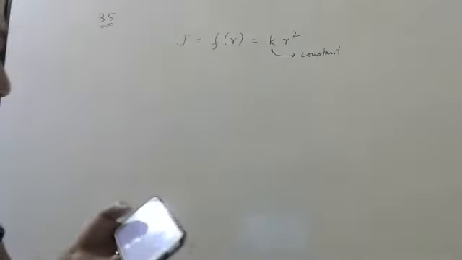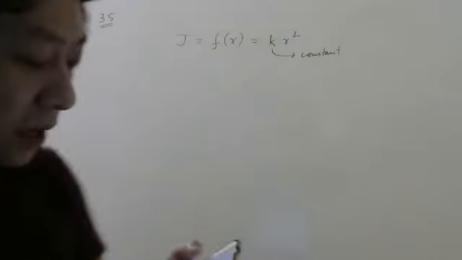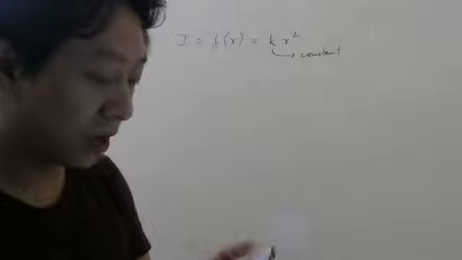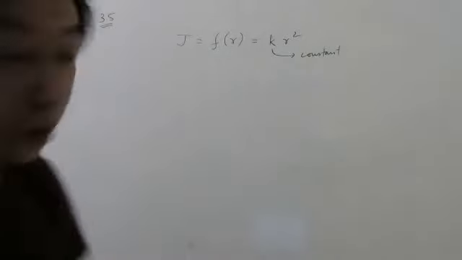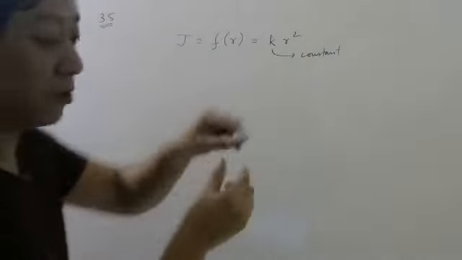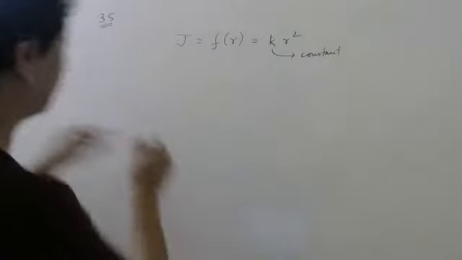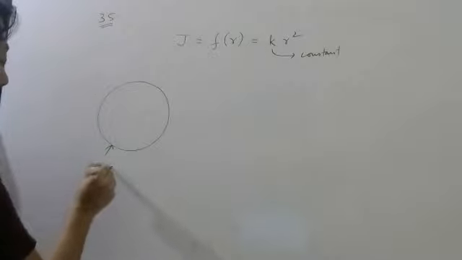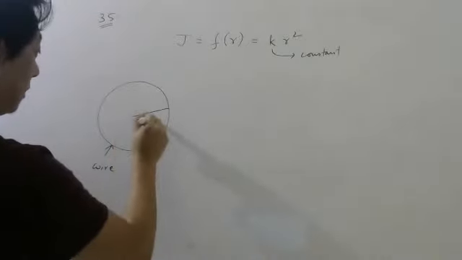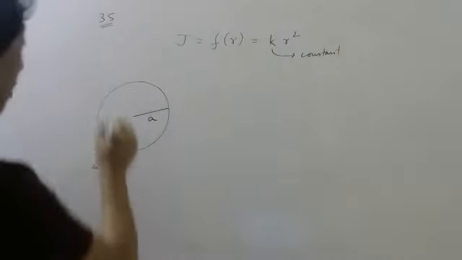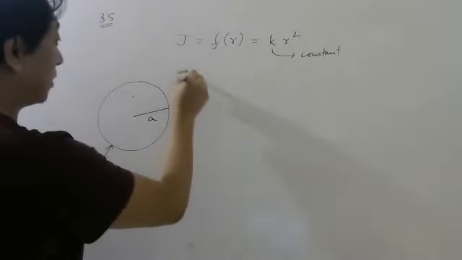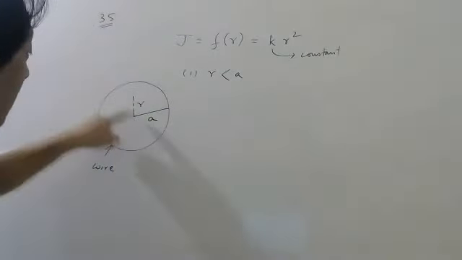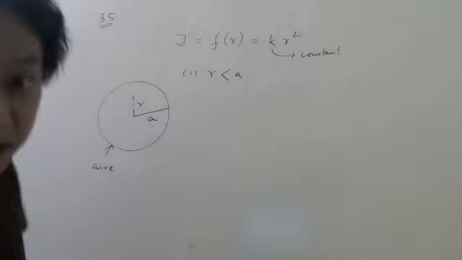So what they want is the magnetic field induction, matlab the magnetic field at a distance r from the axis when r is less than a and when r is greater than a. So let us do for both of them. So again, this is my wire, but I will show it this way. This is my wire. This is the radius of the wire. First, I want at a point inside. So the first one is r less than a. Matlab the point should be inside.